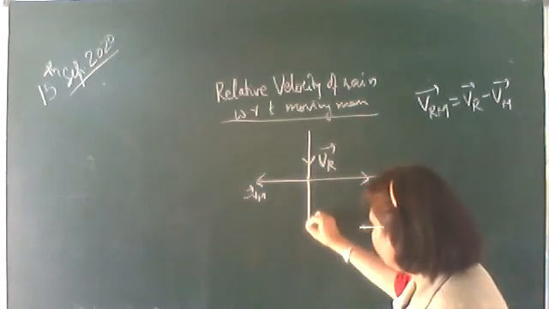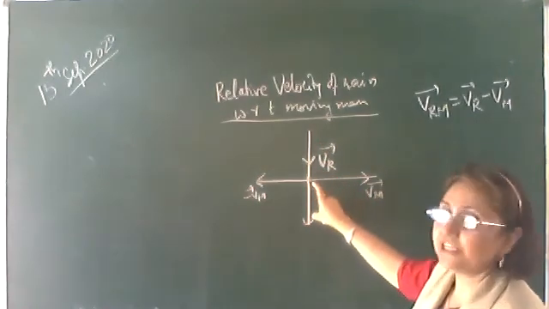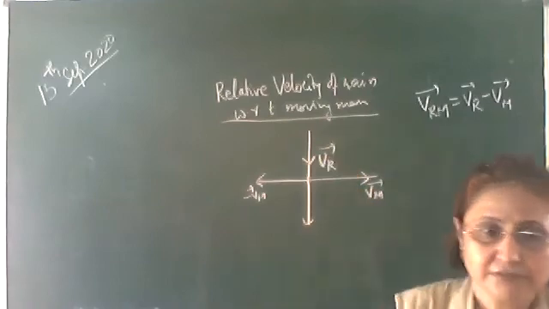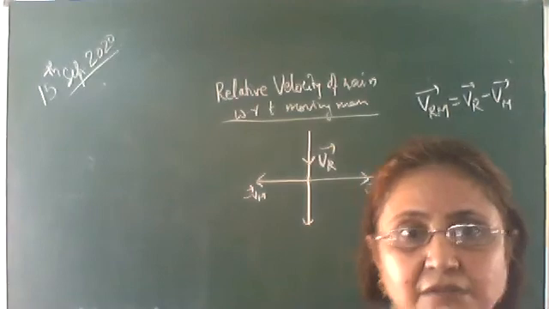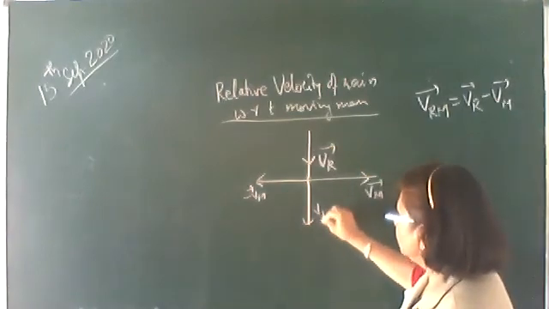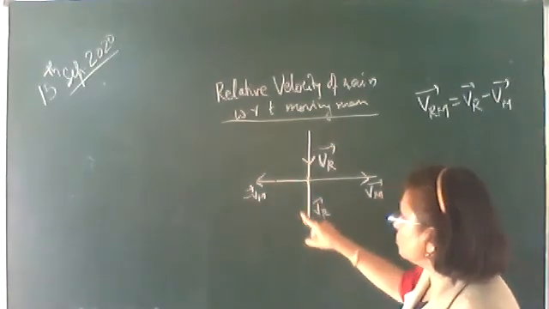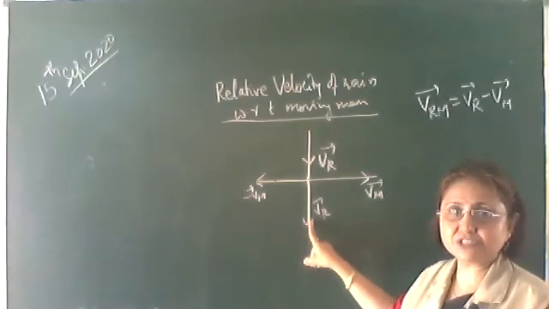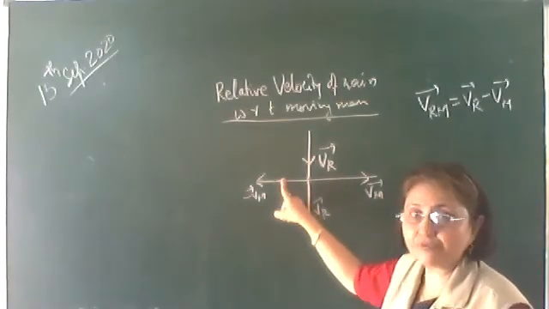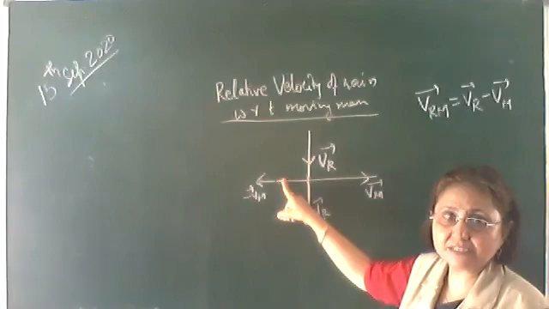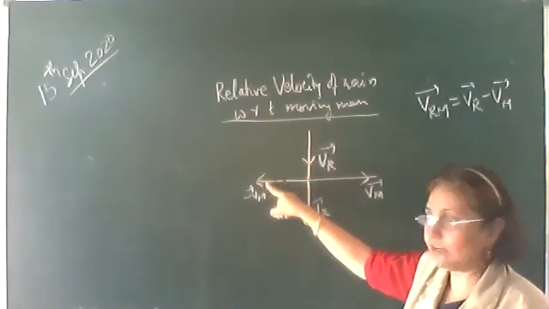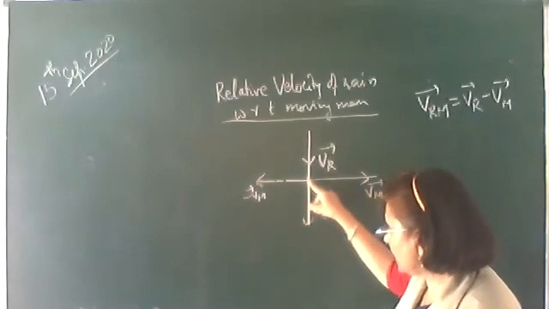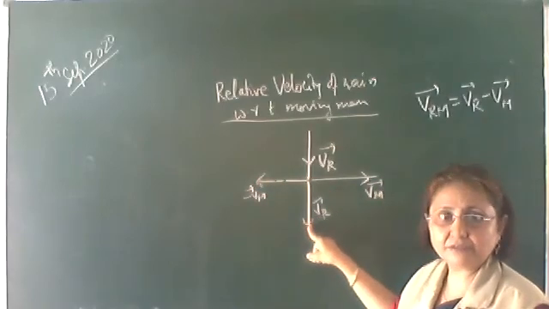So here we draw another vector, VR vector, equal vector. Now these two are representing the adjacent sides of the parallelogram. If you take these two vectors, these are not representing the adjacent sides of the parallelogram. You complete the parallelogram, but the direction will not be as such. So VR and minus Vm vector.